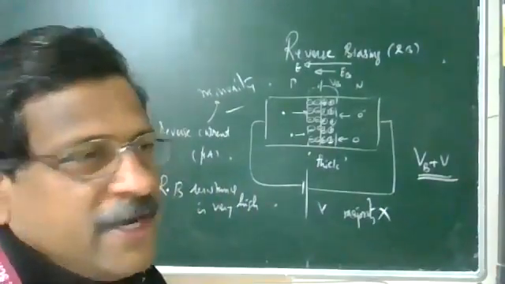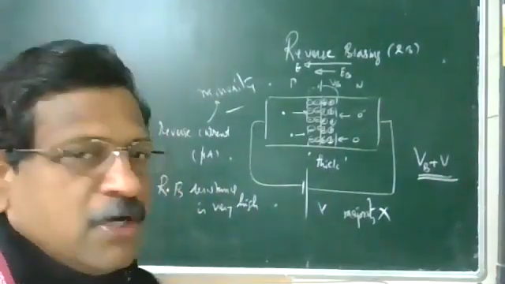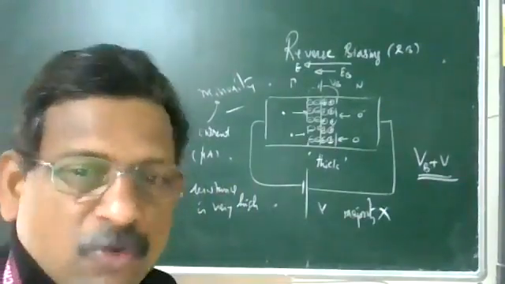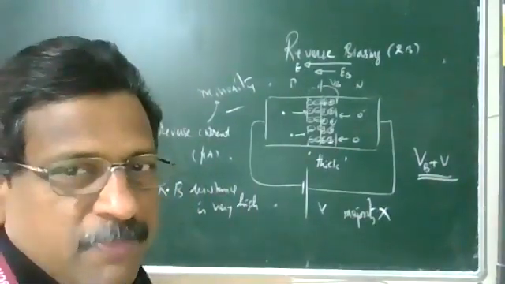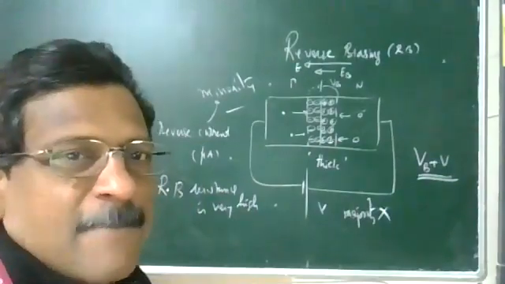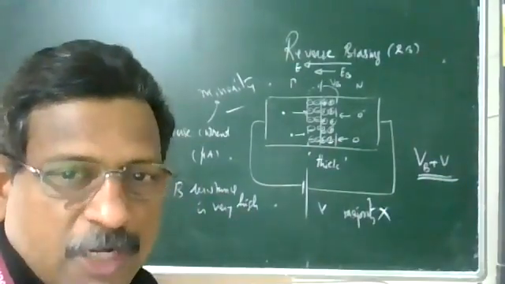For DC, you need a diode. Without a diode, you cannot convert AC voltage to DC voltage. So this is the point behind this. In forward biasing it conducts, in reverse biasing it will not conduct.